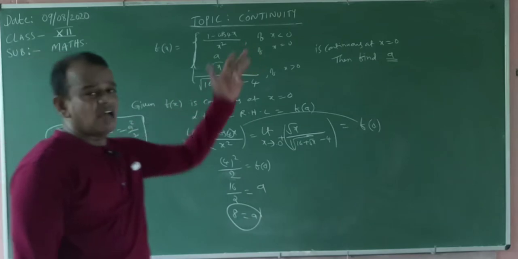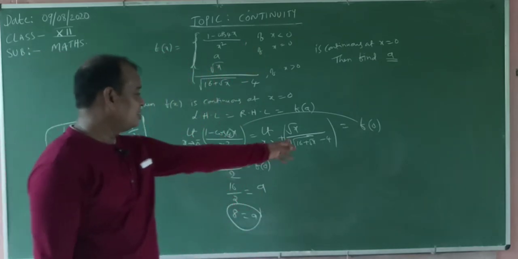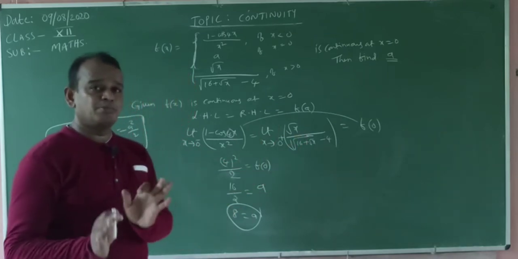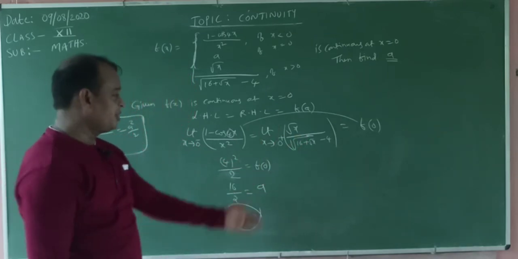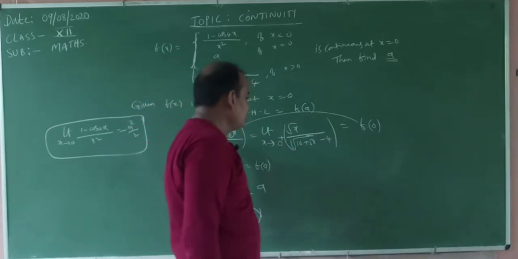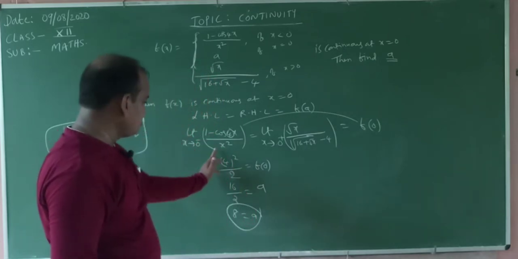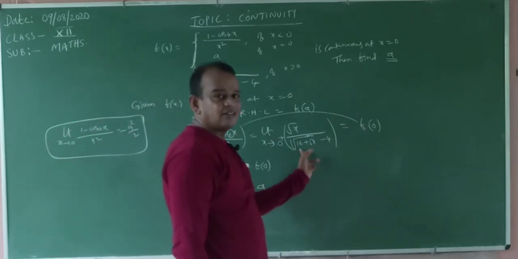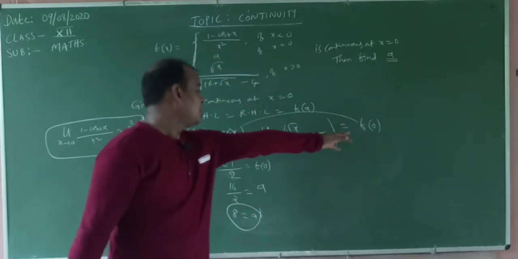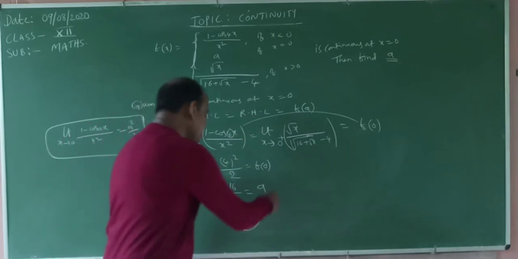Just asking for the value of A. A is equal to 8, 100%. This value must and should also be 8. Is it possible that it is different? If it were not equal to 8, it would not be continuous. Continuous is given, so 100% this value is 8, and this value is also 8. Already f of 0 is equal to A is given. A equals the LHL, 8, so this value is also 8. Okay, is it 8 or not?